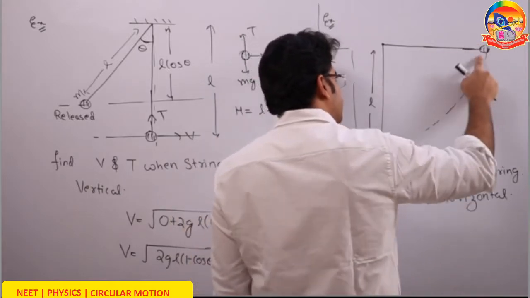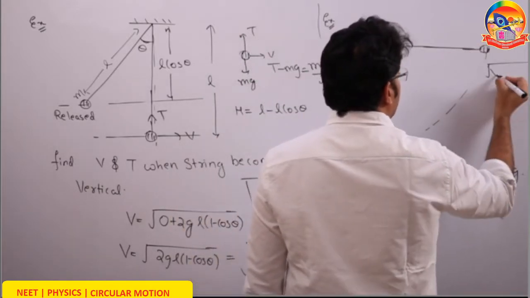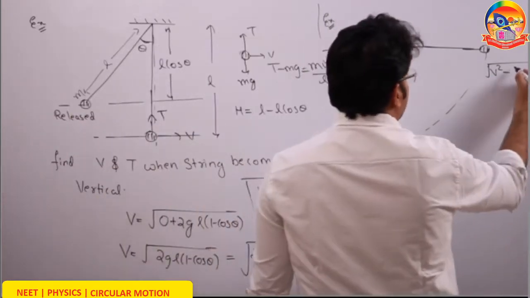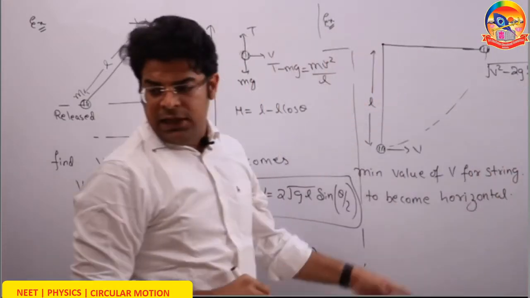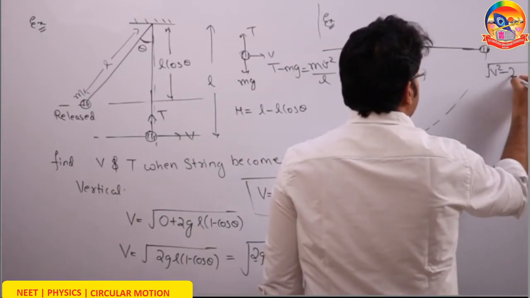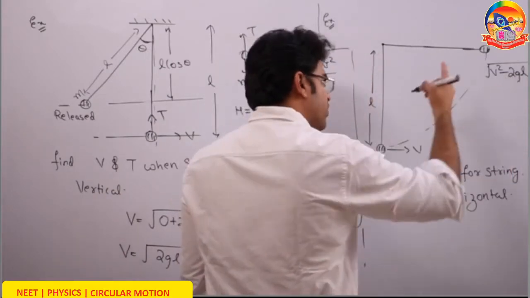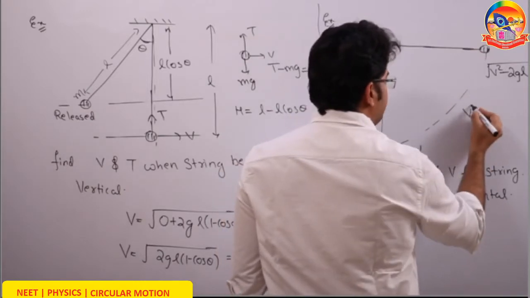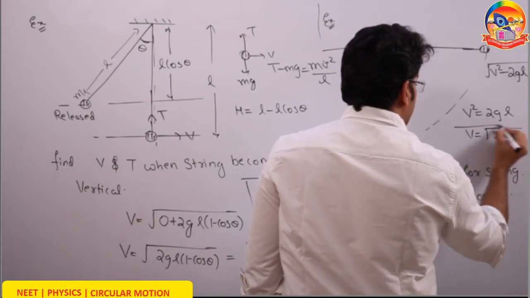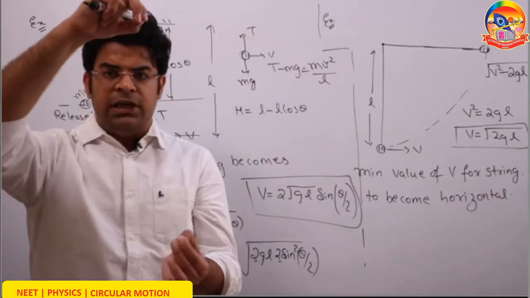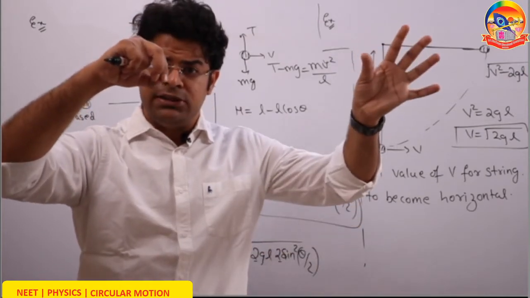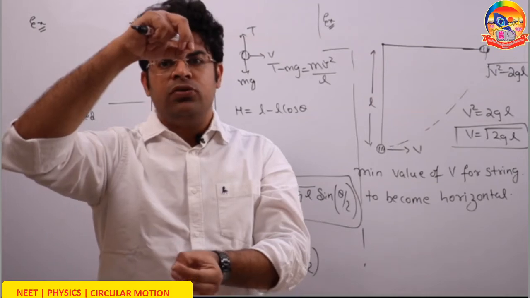After going up through a height h, the speed has to be under root of v square minus 2gh. And here the height attained is L, so here the speed will be v square minus 2gL. And this speed after going up by height L, which is v square minus 2gL, should be equal to 0. So since this speed has to be 0, you will say v square equals 2gL, or the speed that has to be given is under root of 2gL. So if you give the bob a speed of root 2gL at the lowest point, it goes up to the place where the string becomes horizontal, then comes to rest, and then it will try to come back to the original position.